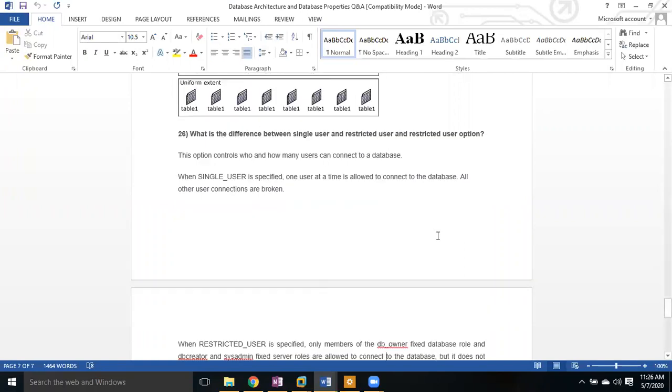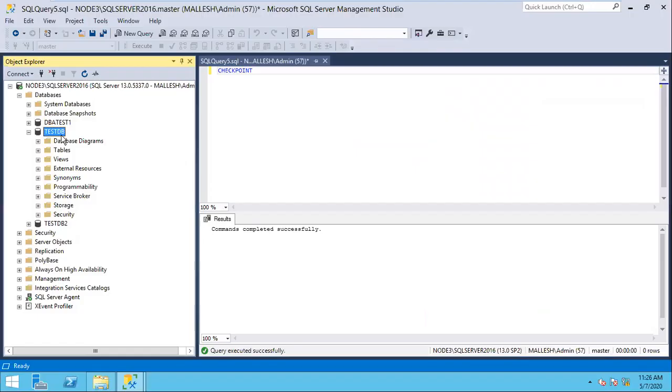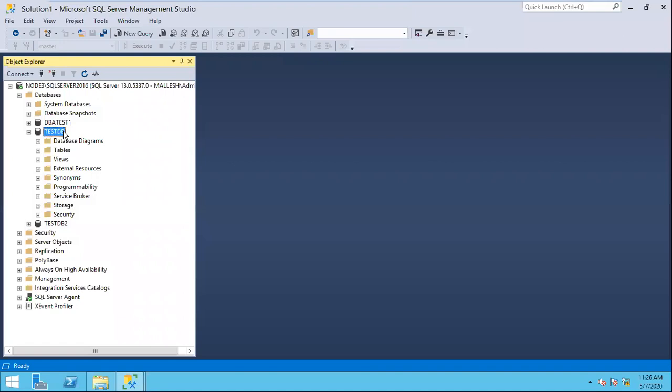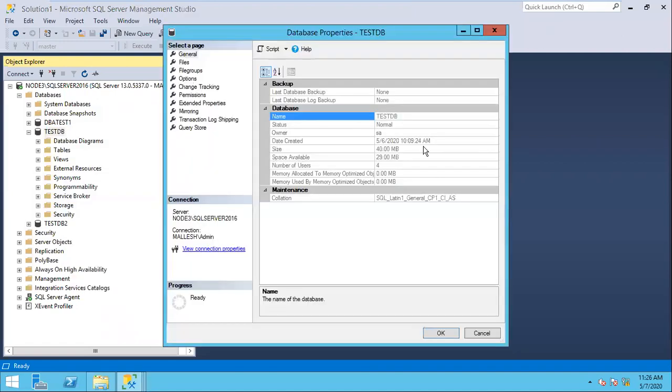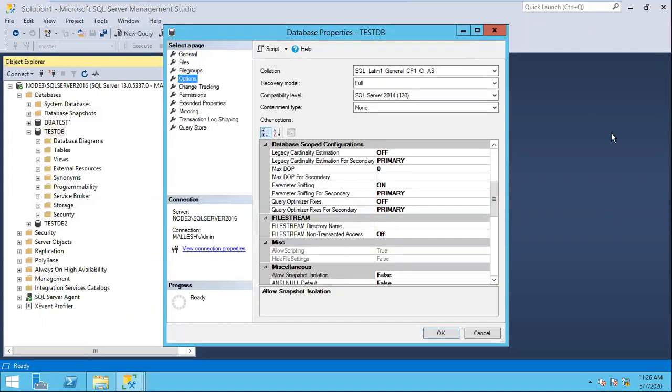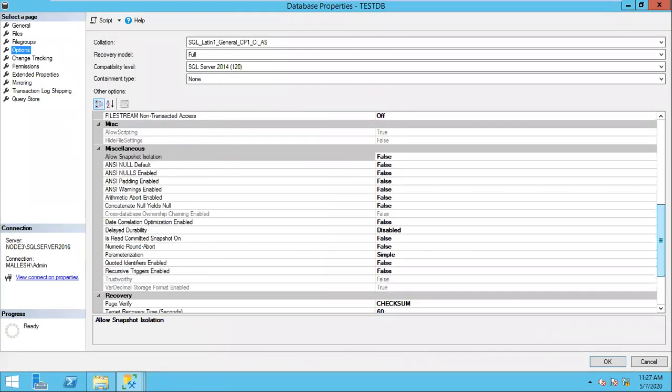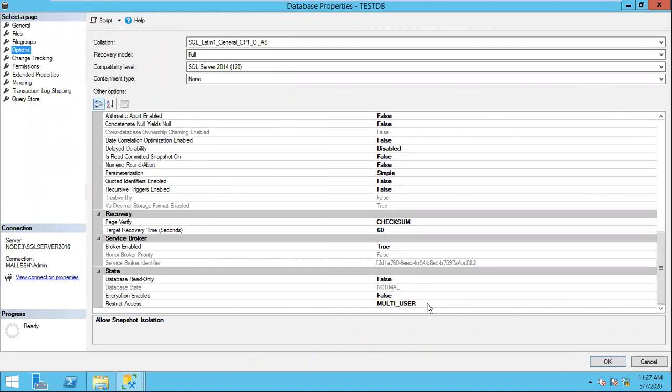The next database property: what is the difference between single user, restricted user, and multi-user? Single user means it will accept only one connection at a time. It doesn't accept multiple connections. Okay, go to properties, options. Here we can see